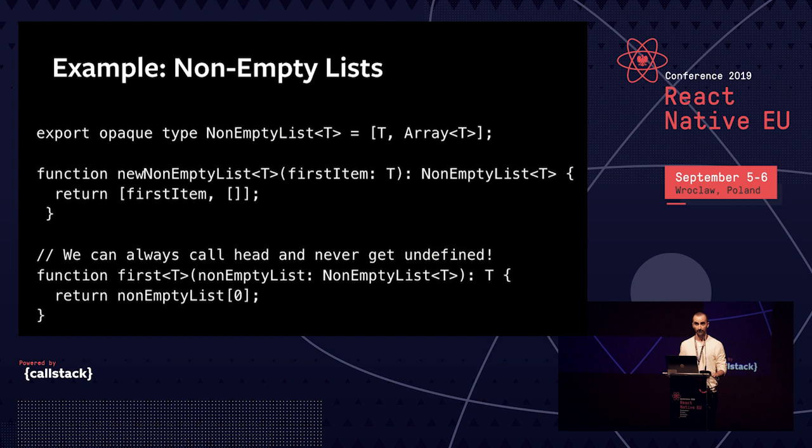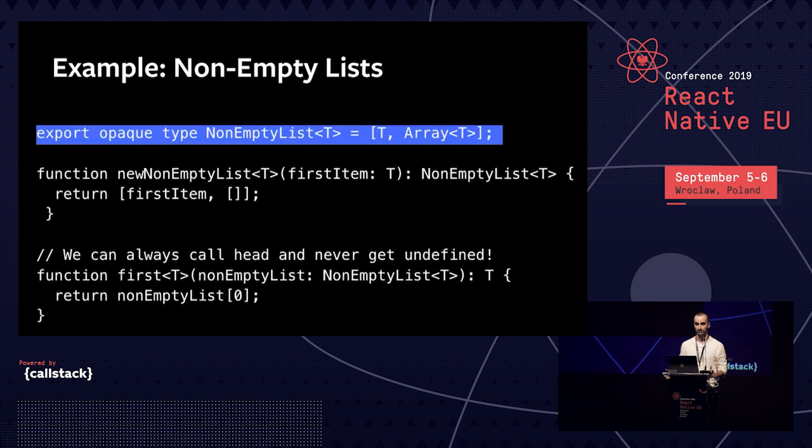So I'm going to implement a non-empty list, and I'm going to completely protect all the data in there, and ensure that it's always not empty by using these types. So here, I created an opaque type to represent the list. The underlying structure of my non-empty list is going to be a pair. The first element of the pair is the first element of the list, and the second is the rest of the list. So as long as I can keep this structure, I'll know that I can always access the first